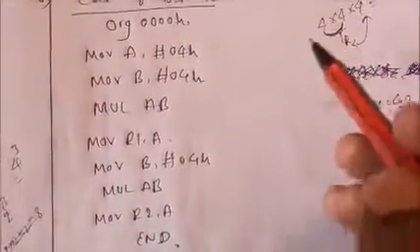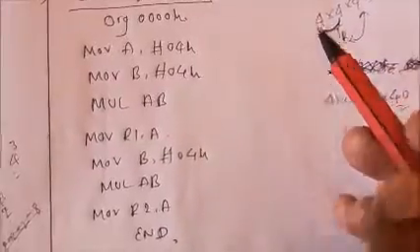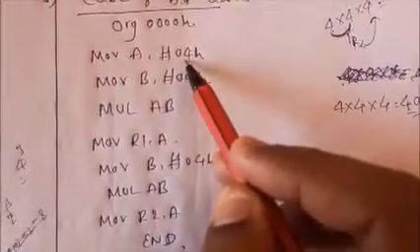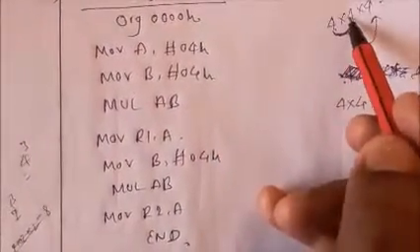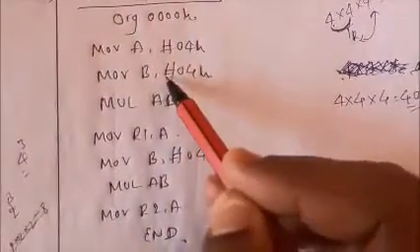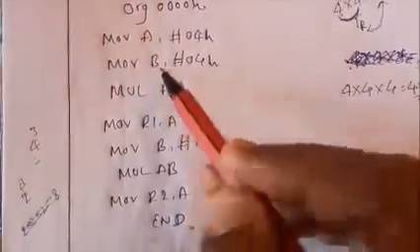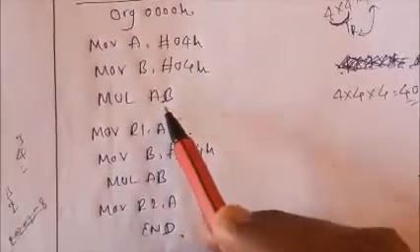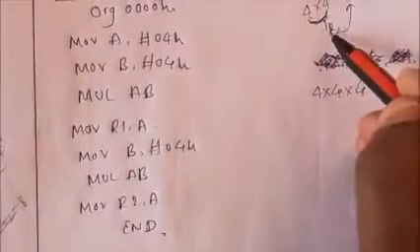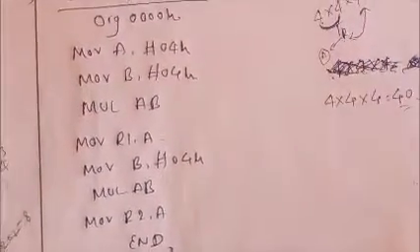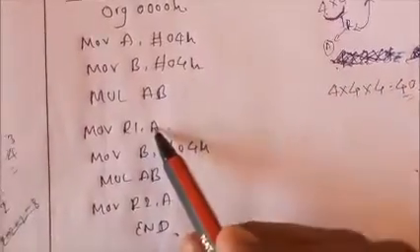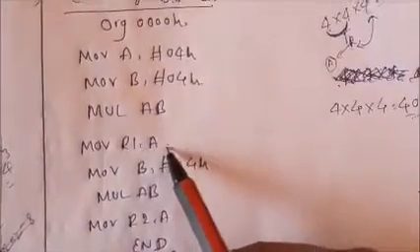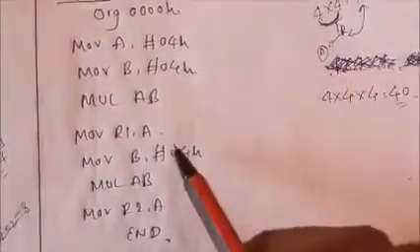So how to write the program? Here I am taking 4 cube. I am going to load the first 4 with MOV A, #04H. The second number is the same number, because this is a cube. So 4 again I am loading to the register B. Finally I am multiplying these two, that means MUL AB. In MUL AB you get the result R, which is stored in the accumulator only. Is it clear? This accumulator result I move to the register R1 by using MOV R1, A. So this result is stored in R1.